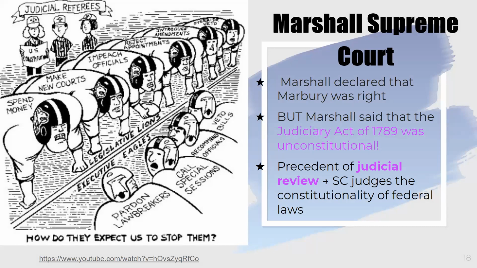So, Chief Justice of the Supreme Court, John Marshall, declared, yeah, Marbury probably should get his job, but he took it a step further and said, you know what? We're discussing whether he should get the job or not by assessing the language of the Judiciary Act of 1789. And you know what? I don't even think that the Judiciary Act of 1789 should have even been written in the first place. This act, which gives,